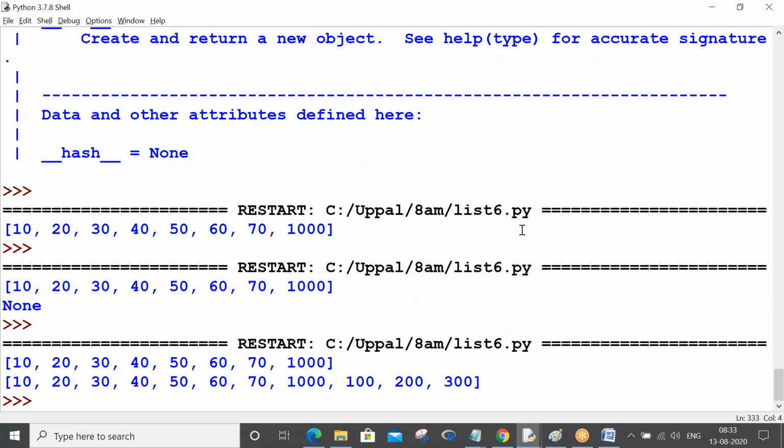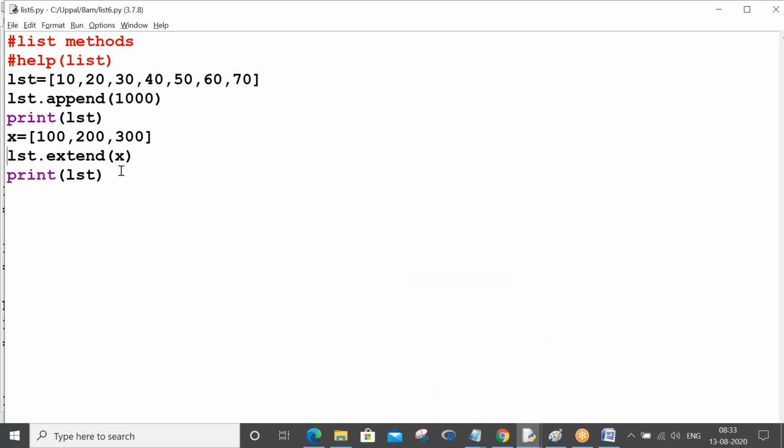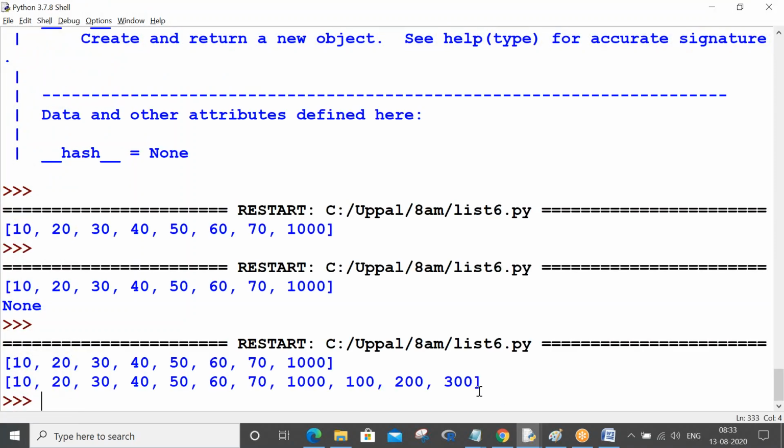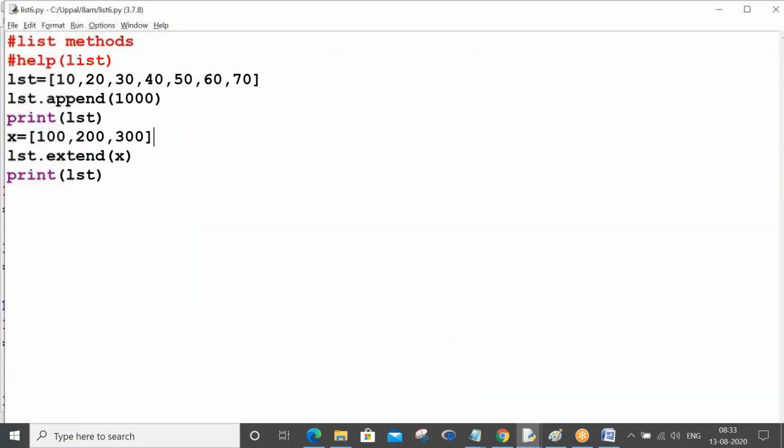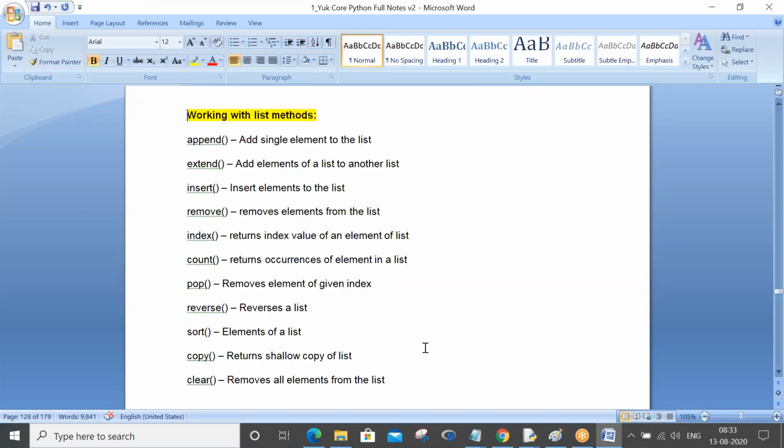First you have to do extend and then you have to print it. lst dot extend of x. x is another list, and you are adding one more list to the actual list. Now you see whenever you print the list, your 100, 200, 300 got added to your existing list. You got it? Okay, let's check one by one.